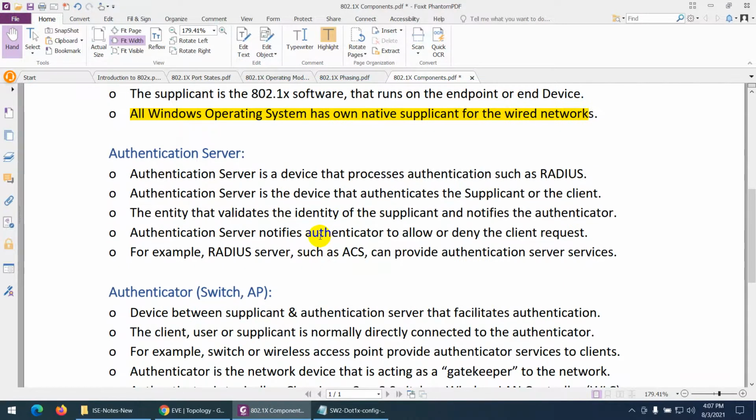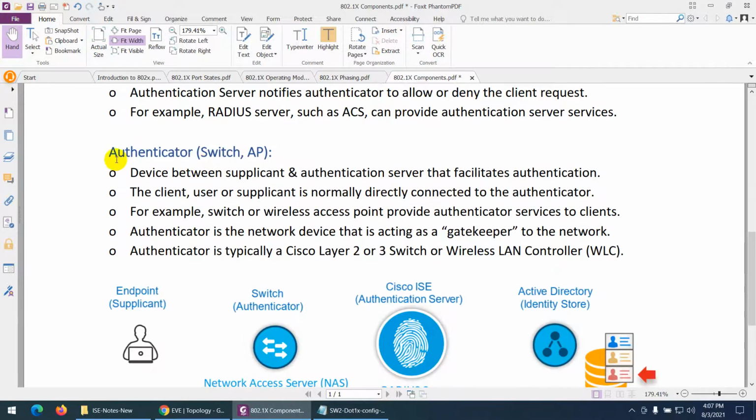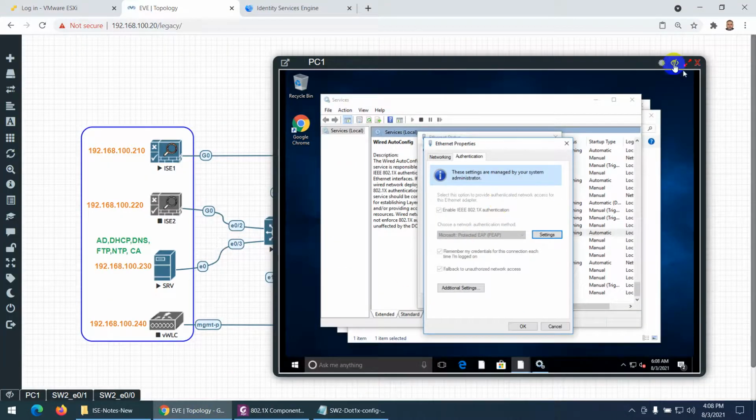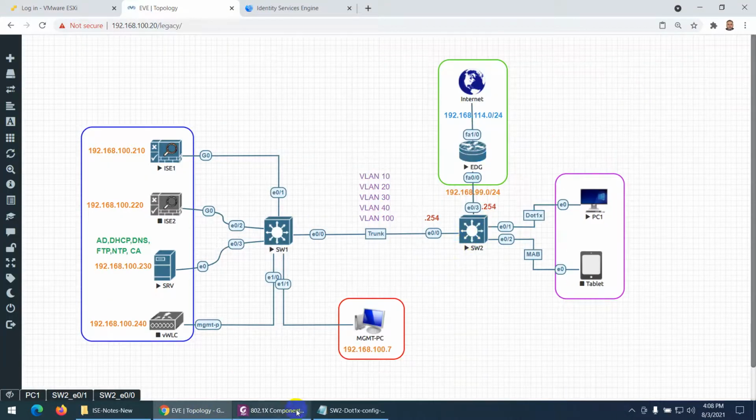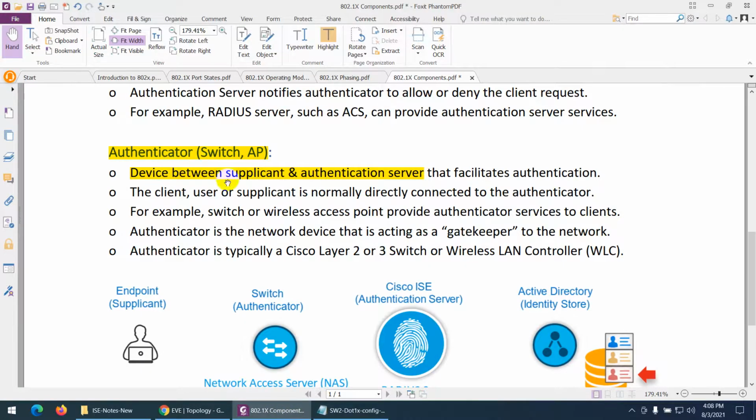Now coming to authentication server. Before going to discuss authentication server, let's discuss authenticator. Second thing, authenticator means a device between supplicant and authentication server. So who is that? This switch is called authenticator.